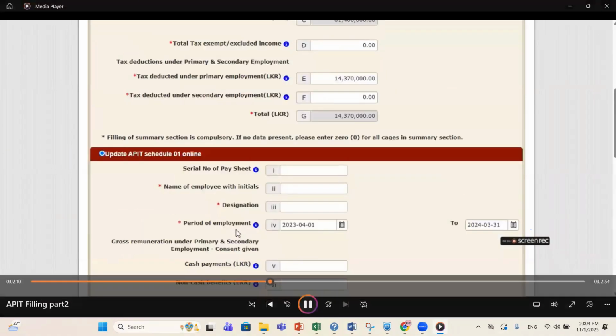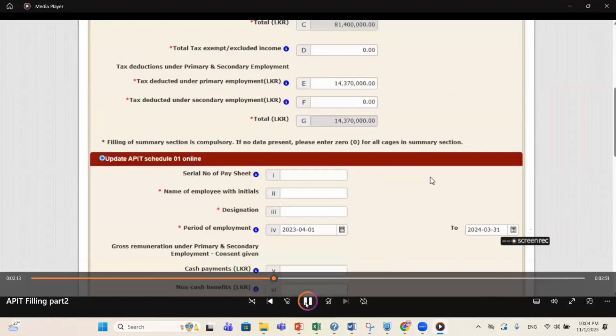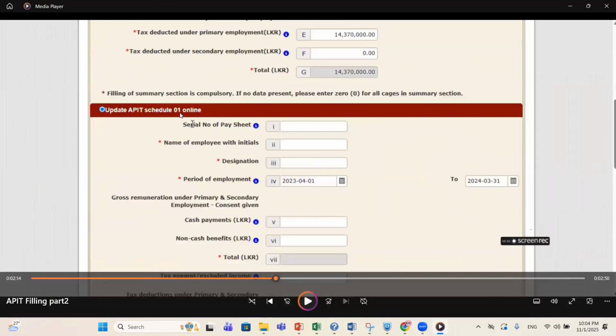And this is it, right? Here you can see update APIT schedule 1 online. If I select the schedule 1 online submission, you get this kind of user interface to enter the employee wise data, right?